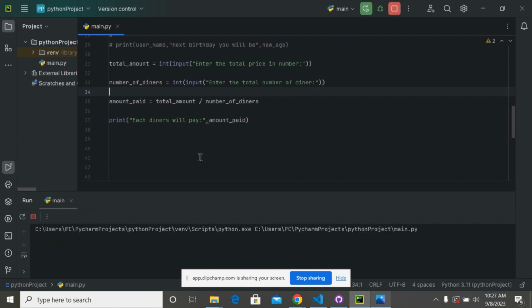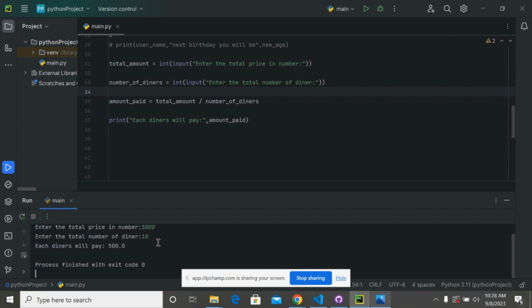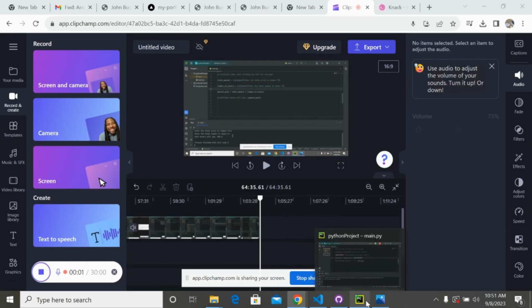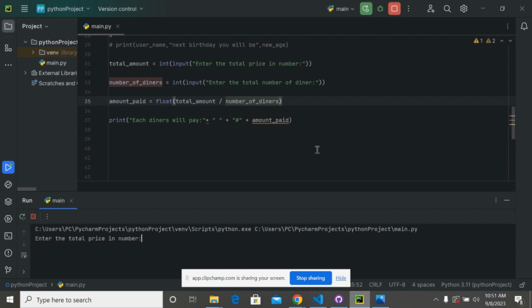So if I run this program, can you see it actually asks me to enter the total price in number. So let me say we have 5,000, maybe 5,000 naira, $5,000. Here we are just requesting for the number alone. Thank you. If I press enter, it will ask us again, enter the number of diners. Let me just keep it simple. If I say 10 diners, then press enter, we have what? Each diner will pay 500. So we can actually see that each of the diners pays an amount of money, and